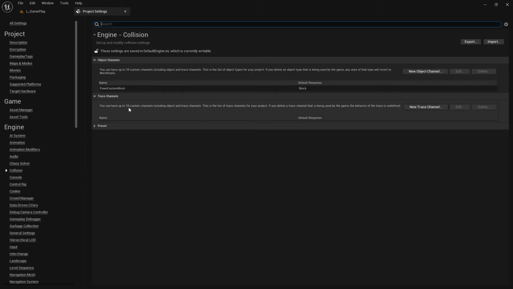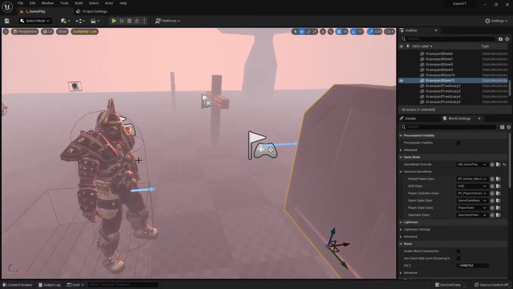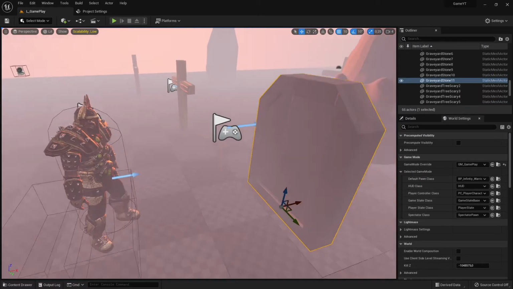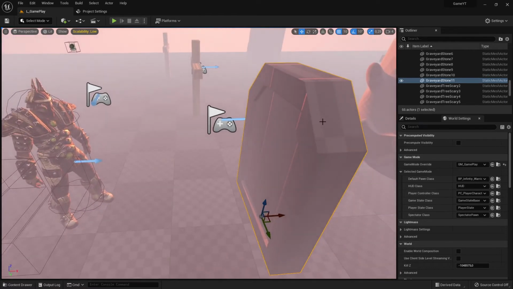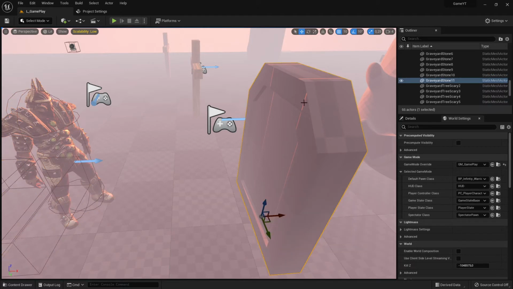You click here on collisions, and then you have these options here: object channel, trace channel, and preset. We try to understand how this object, for example my character, can respond to this stone. I added a collision to it in my last video, which says block all, but this can't block my character right now, because my character must also say, yes, I will block your setting, which means